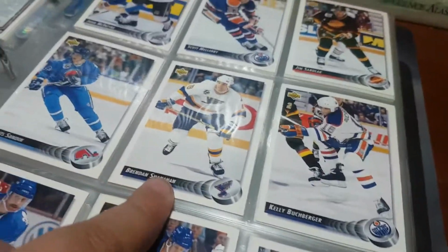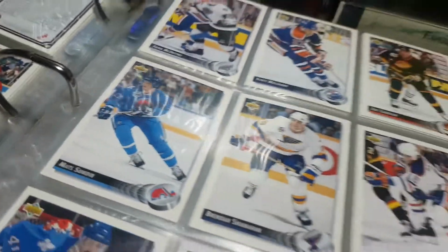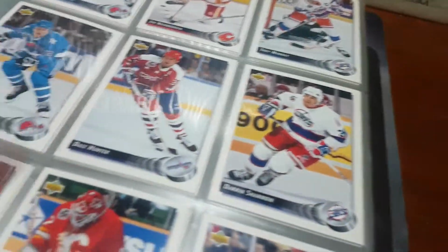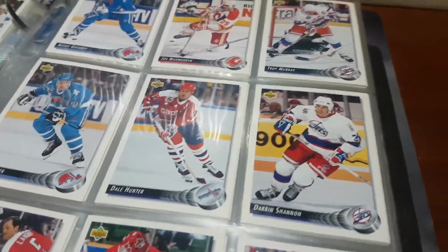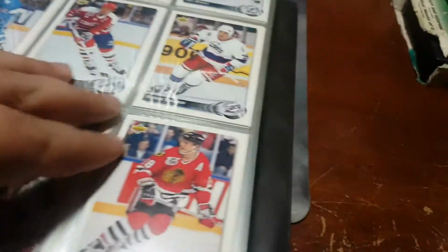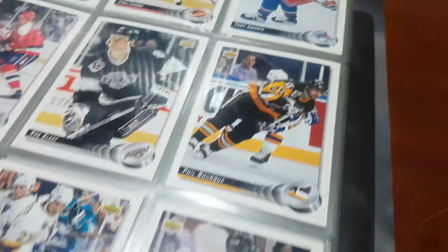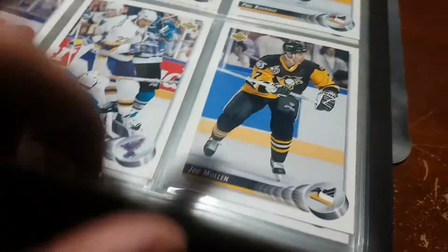This page, Brendan Shanahan, still with St. Louis. A very young Matt Sundin with the Nordiques. Mike Gartner, Kelly Buchberger, Joe Nieuwendyk, Dale Hunter, probably one of the most famous guys to wear a Capitals jersey next to Ovechkin now. Adam Oates, Trevor Kidd, before he was putting Eddie and all kinds of Iron Maiden stuff on his goalie masks. Steve Larmer. What else we got here? Tony Amonte, Phil Bourque, a very young Rob Blake, Joe Mullen,